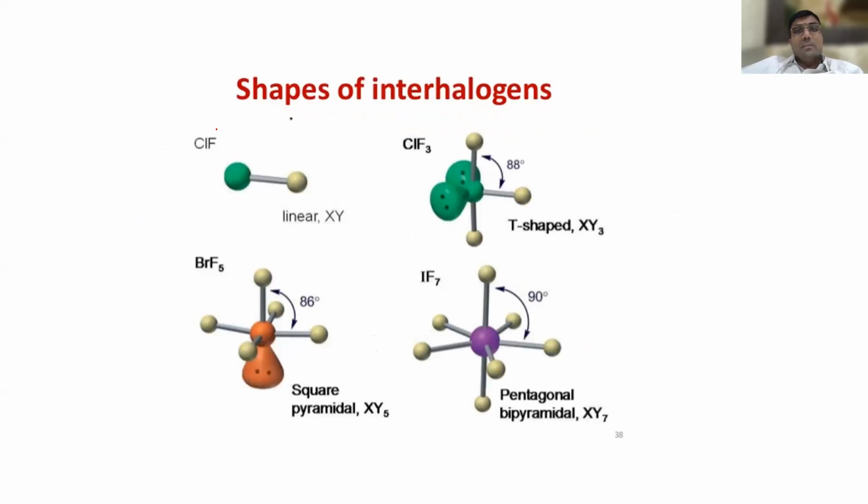So students, these are the structures, and just now I made it very clear. The XX' type are linear in structure. You can see there is a linearity, right? Similarly, the angle I told you already is less than 90 degrees, the shape is T-shape, and the hybridization is sp3d, right? Similarly, BrF5 is sp3d2 hybridization, and IF7 is sp3d3 hybridization, right?